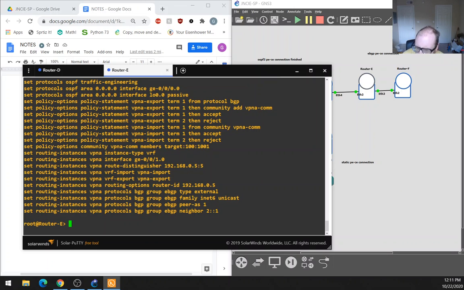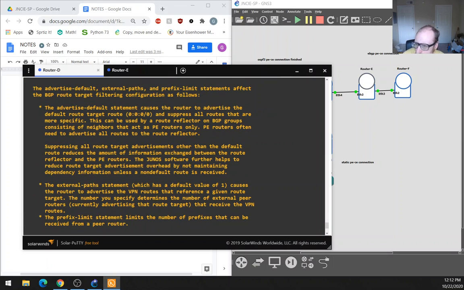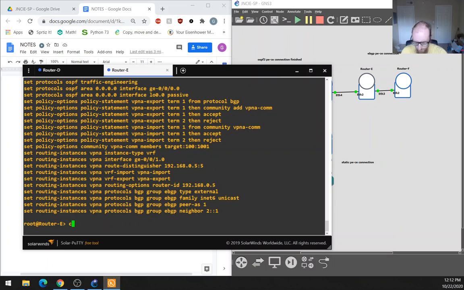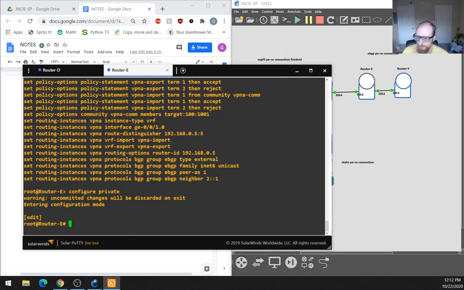Oh, okay. Yeah, so here's my target here. It's a community string. So I don't even necessarily have a route target. I've just got a community string that's the same syntax as a route target, so it serves the same purpose. But I definitely don't have it under family route target. So let's go in and explore how that would look. So yeah, what I could do is instead of